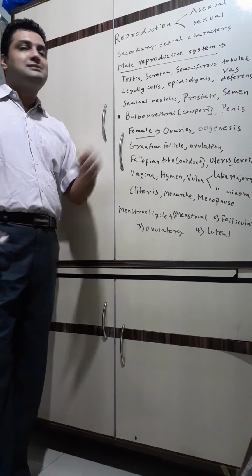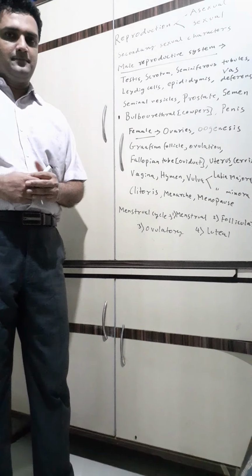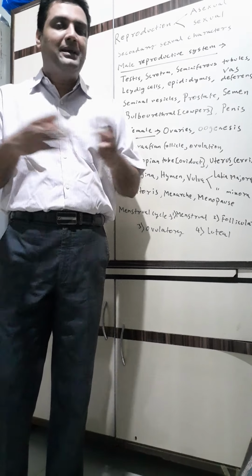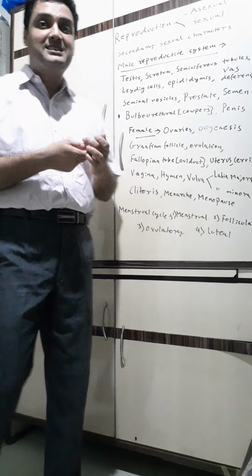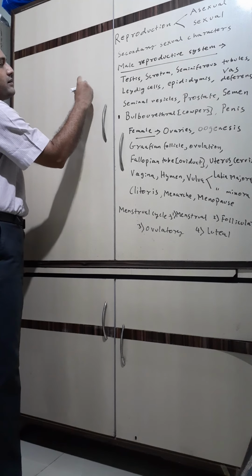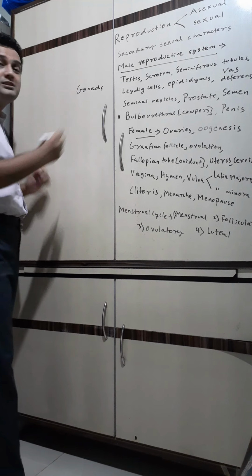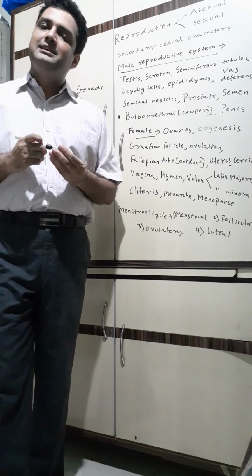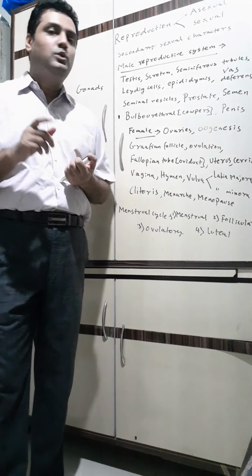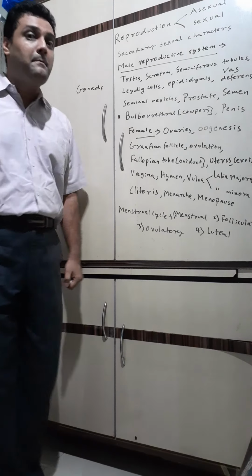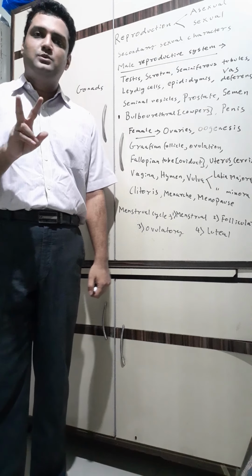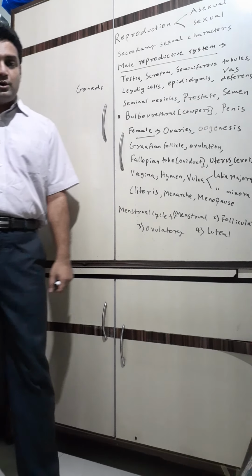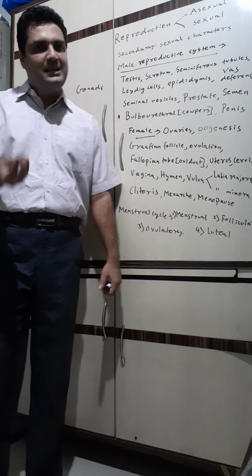Now we will start with the male reproductive system. Remember, in any reproductive system, there are many reproductive organs, but there are something called gonads, children. Remember gonads. What is a gonad? A reproductive organ which produces gamete is called gonad. The male gonad is testes. There are a pair of testes, remember, two testes, which are going to produce the male gamete, that is